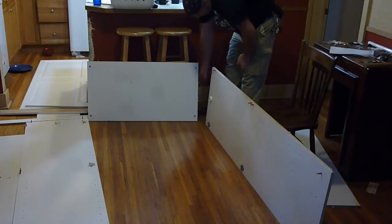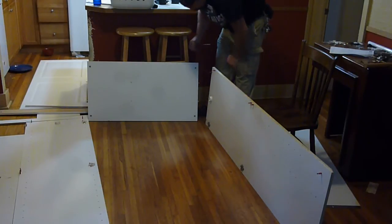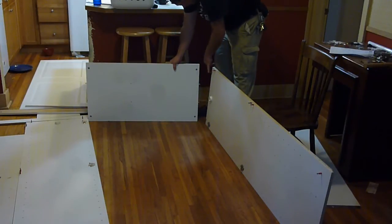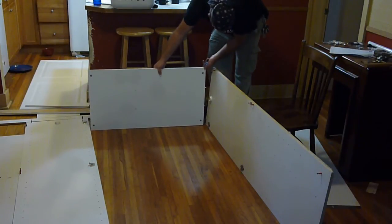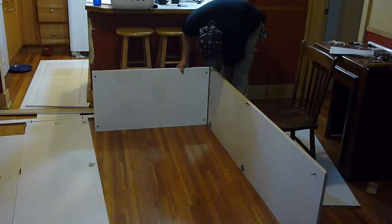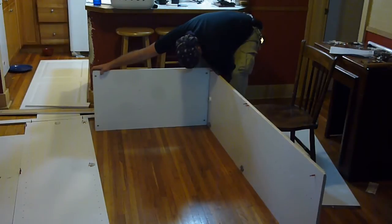So we're going to take those and start sticking them together. Now there's a dowel here and here that are going to go into a couple of holes in the sides here, and then you've got your cam dills here. I've also made sure, like I showed you, that the arrows are pointing in this direction because they're pointing towards these. That's just going to be the first one we put together. This is definitely not rocket science. It takes a little bit of finagling, but not a whole lot. If these don't go in fairly easy, you have a problem somewhere